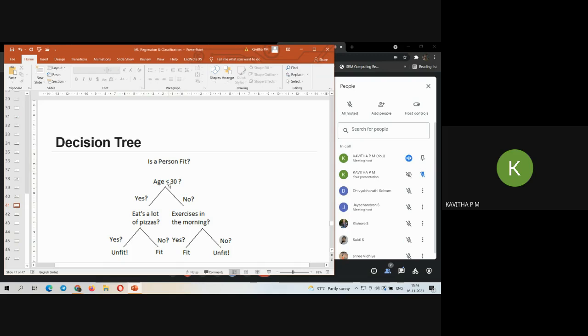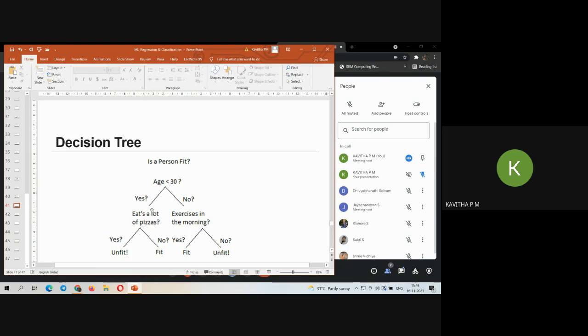So here, using the age factor, I'm going to predict. This is the first parameter. I'm going to check if the person is less than 30. If I have multiple branches of processing to carry out, and I need to predict a particular classification or give a solution for the classification problem, I'll move on to this decision tree. Here, if the age is less than 30, if it is yes, I'll move on to the next terminal node.